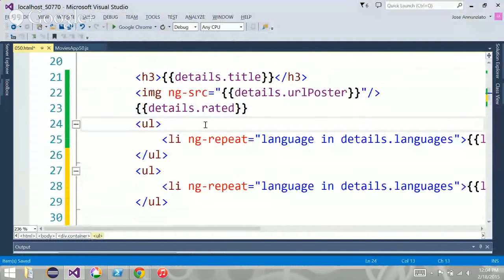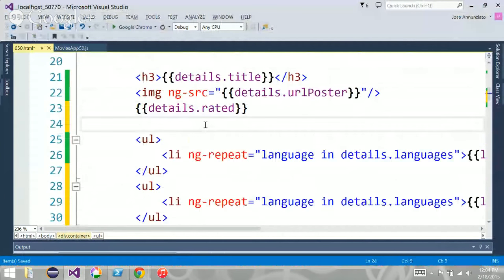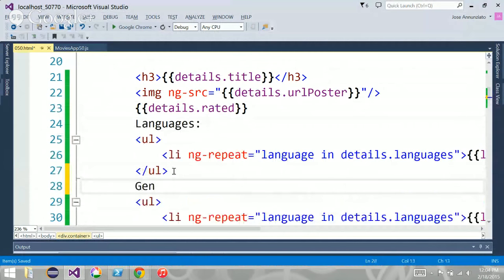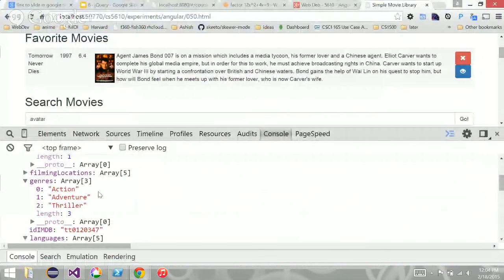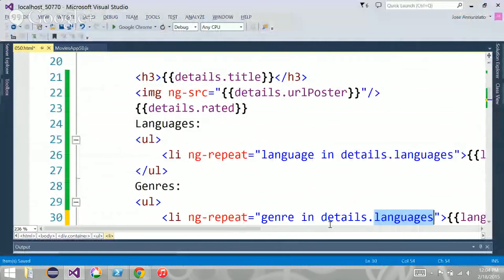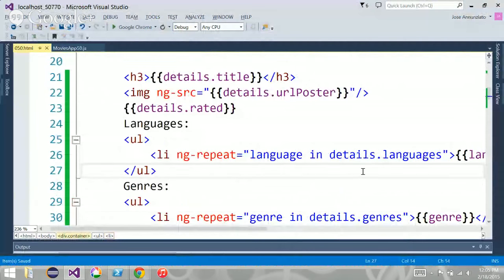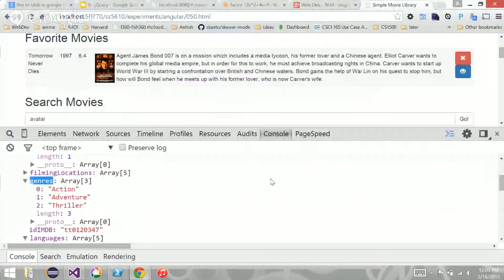So here we could have like a little title. So this would be languages. We can have here genres. So this would be genre in details genre. What is it? Genres. Genre. Okay.